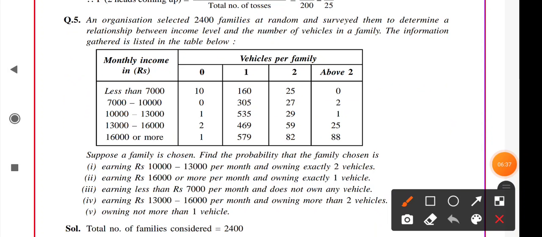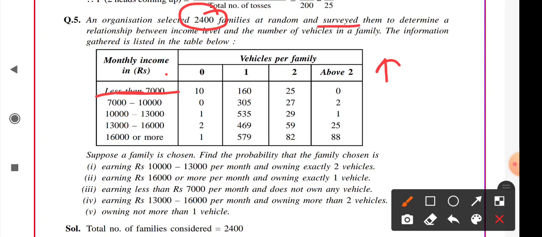This is a very good question of this exercise. But first you should understand what is given in the question. I am not going to read the whole question. You can read it yourself, but I will just tell you in brief. There are 2,400 families which were surveyed, and it was found that the families having income less than 7,000